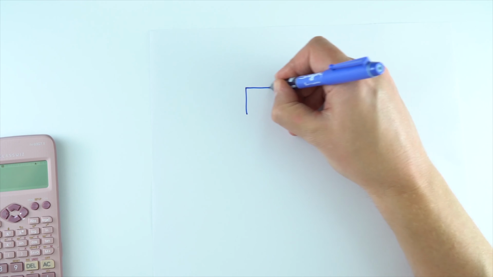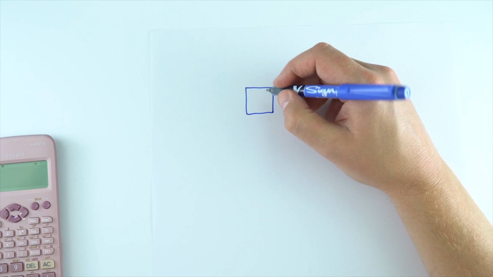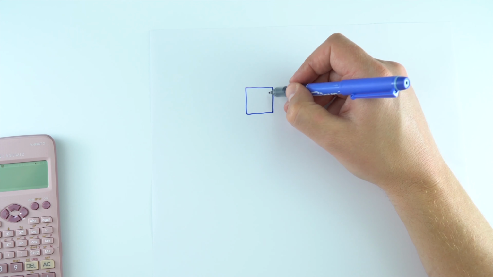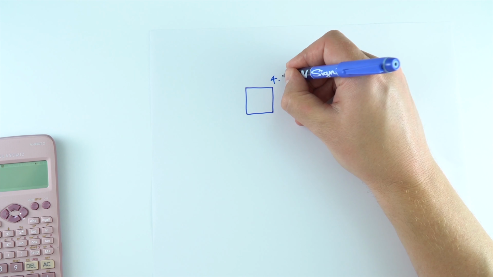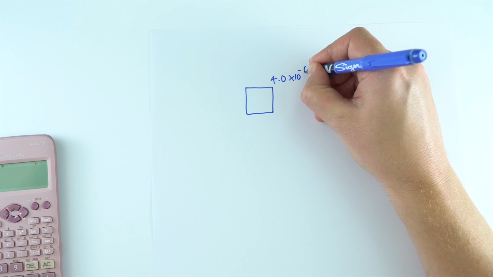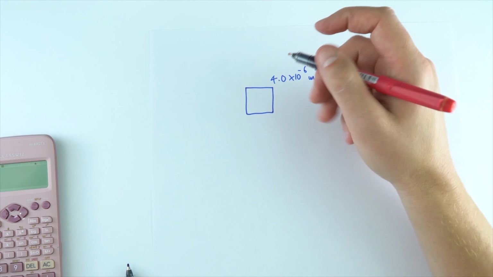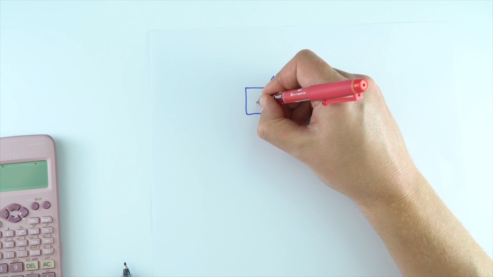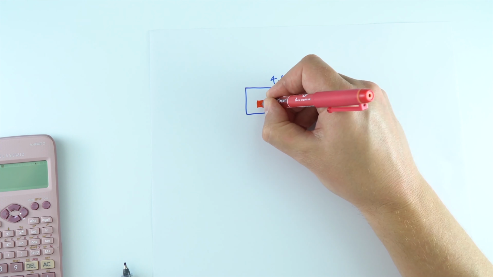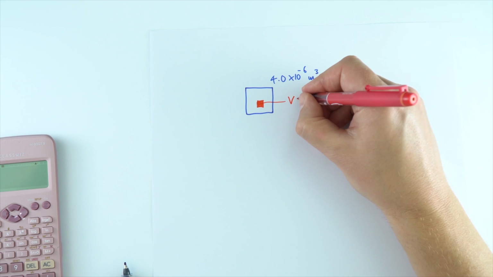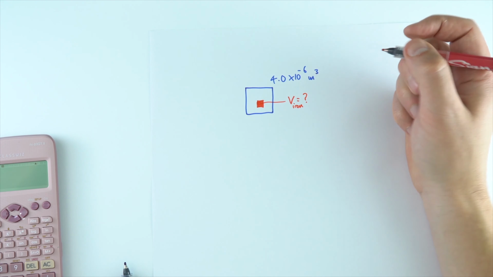So this diagram here is going to represent the volume, which is basically the ice cube. So this is the ice cube over here, and the volume in total is equal to 4.0 times 10 to the minus 6 cubic meters. Okay, now within this there's a piece of iron, and the volume of that is what we don't know, but I'm going to call this unknown volume V. Okay, so that's the volume of the iron, and that's an unknown value.